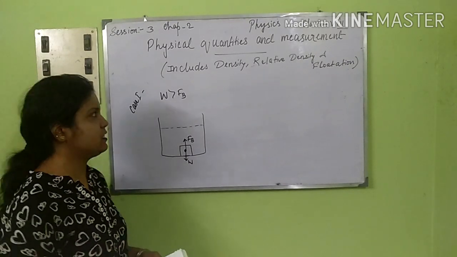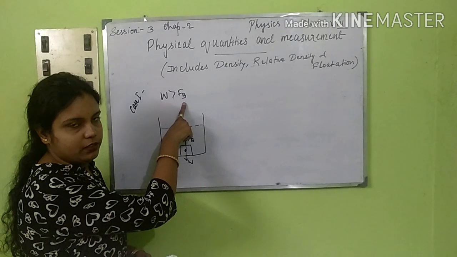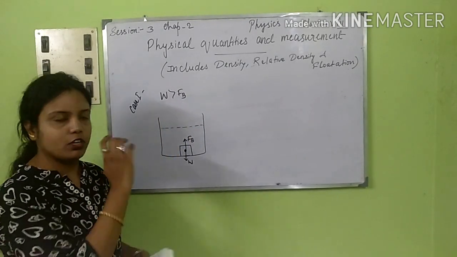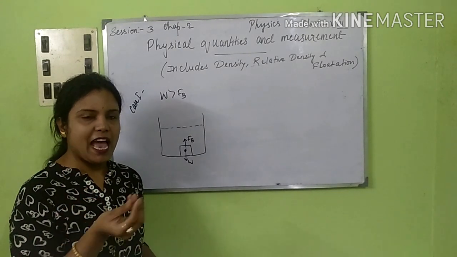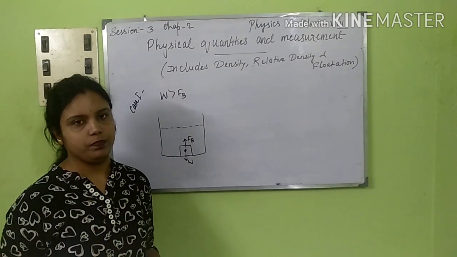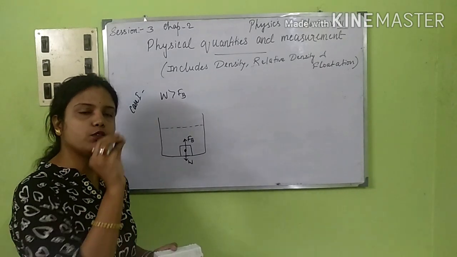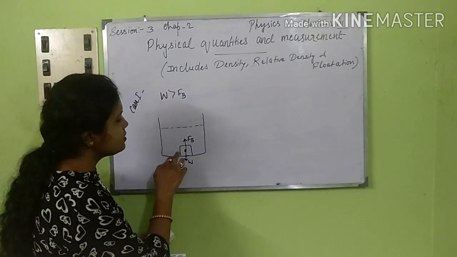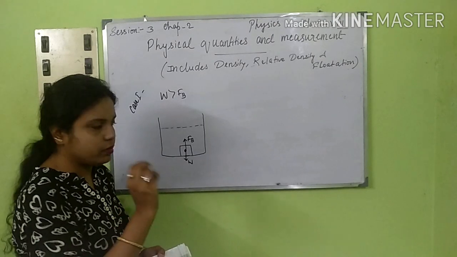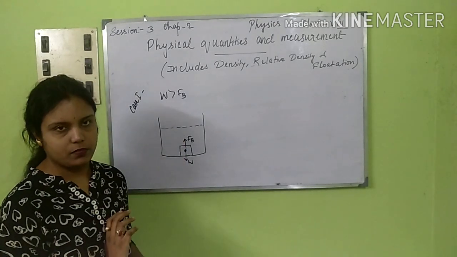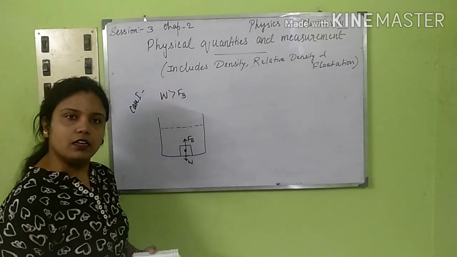Now the first case, that is when the weight of the body is greater than the FB, that is the buoyant force, or the upthrust. Now you must know one thing, that the weight always acts from the middle portion of the body. Whatever type of solid you are taking, it always acts from the middle portion of the body. And here, since the whole body is inside the water, obviously from the middle portion only the FB will be acting upwards. Weight is acting downwards, FB is acting upwards.